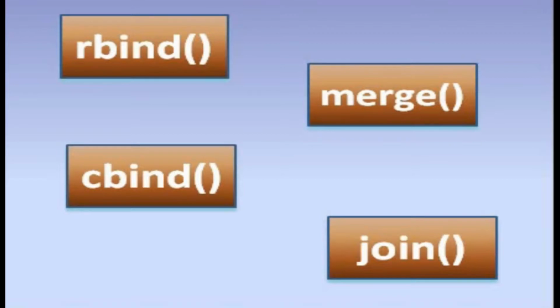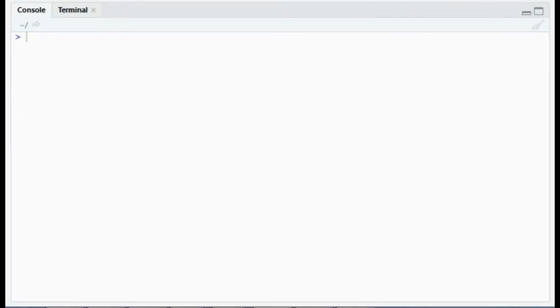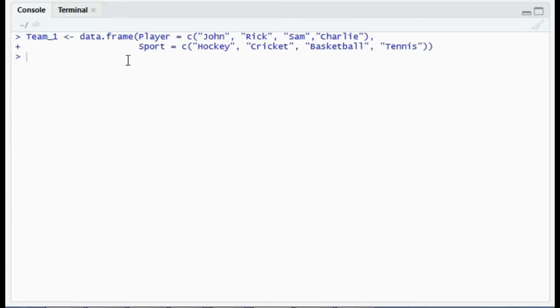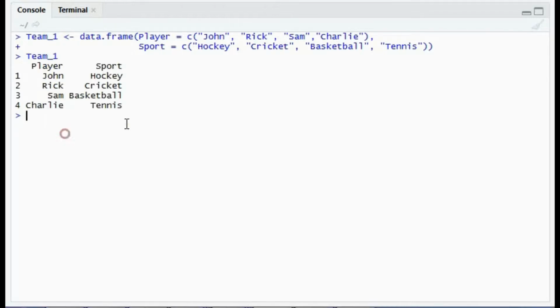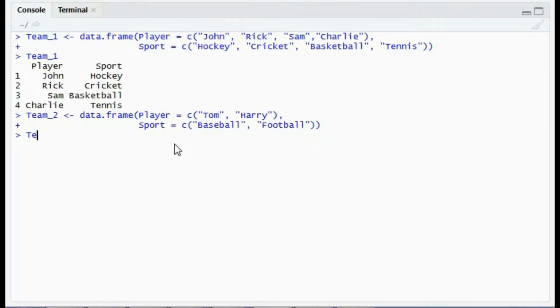So let's get started. We have a data frame called team1 and it has information on all the player names and which player plays which sport. Similarly, I have another data frame, team2, and it has similar kind of information and I want to combine these two data frames.